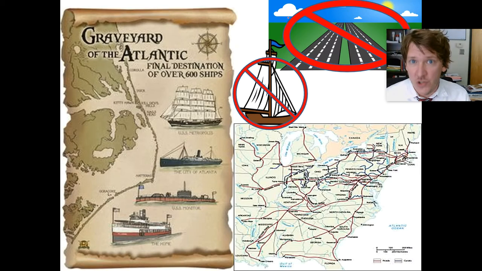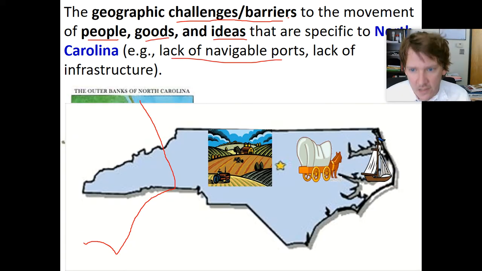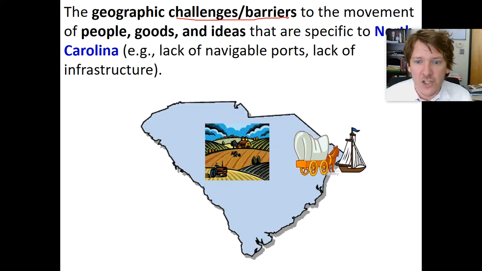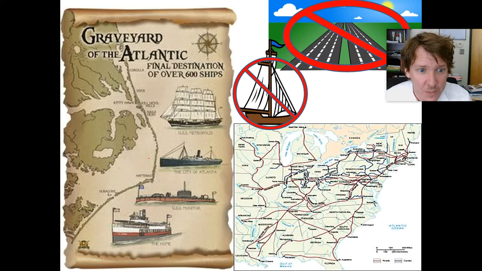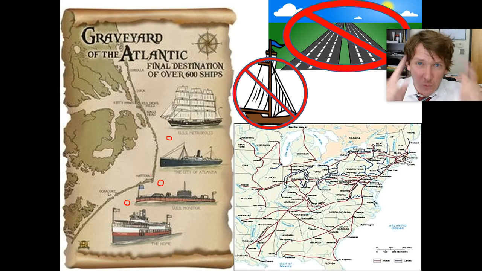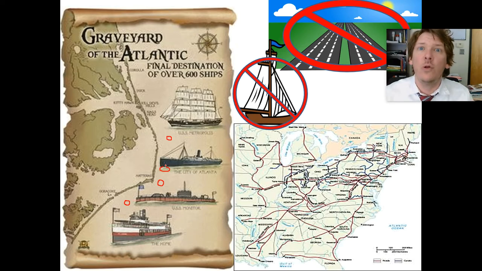Again, also to add to that, not only does it add an inconvenience, again, of you got to go take it to the coast, get it on a boat, put it on another boat. But another problem, like we mentioned before, was, again, the millions of years of this sand or these waves crashing together has built up this barrier. So we see this barrier, but also in these spots, there are spots where the sand, or they're called shoals, those have built up as well. But they have not built up completely that they're visible to the eye. So you're sailing your boat around, and then all of a sudden, boom, you hit one of these shoals, you crash, you wreck, your goods are gone, and you lose millions of dollars.